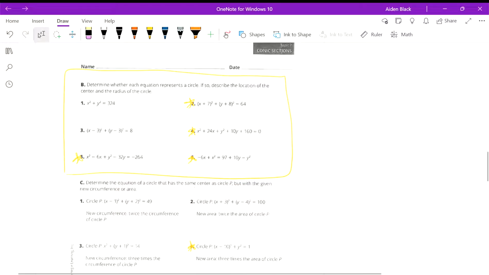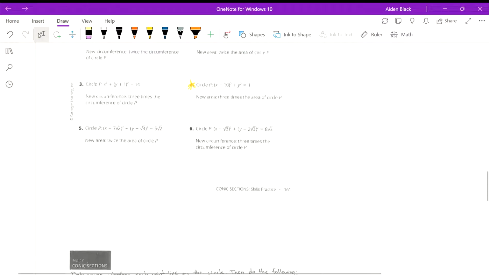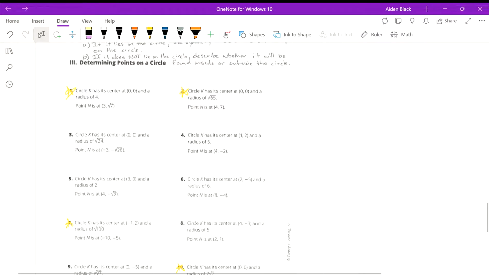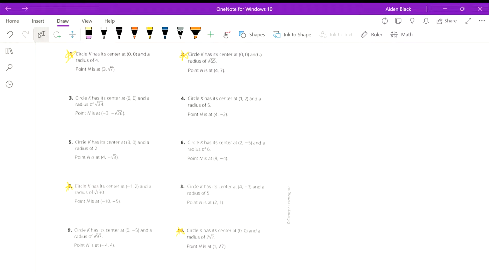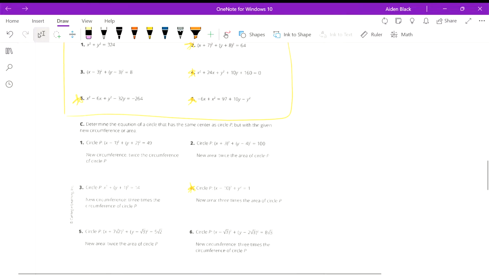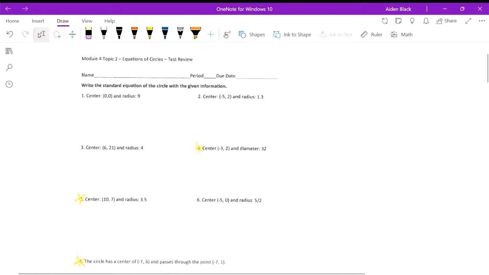This is writing an equation of a circle in standard form. Looks like we got a few of these already in standard form. The other ones are not in standard form, so you need to know how to write them in standard form. And then this last page, I starred the ones that I think you should certainly practice, but really doing all of them would be helpful. So let's get started. This first page should be the easiest for you, and you should, again, feel very confident